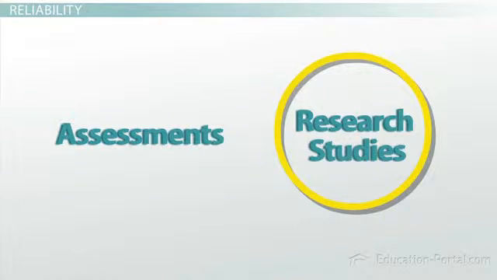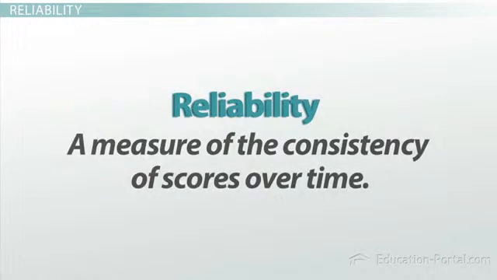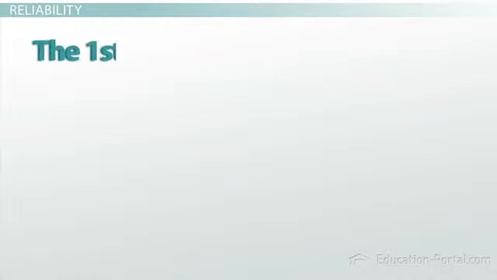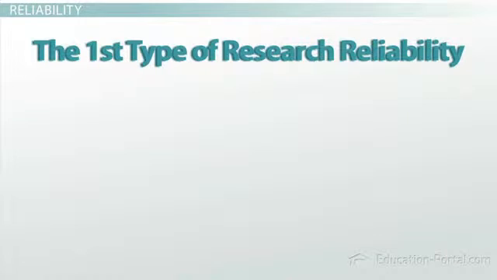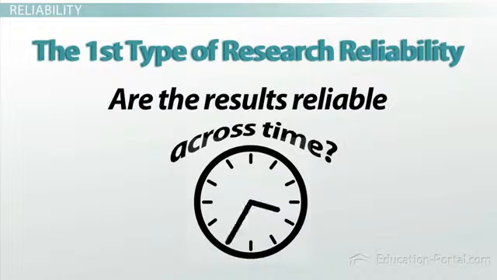The first criterion for whether a study is done well is called reliability. Reliability is a measure of the consistency of scores over time. There are different types of reliability in terms of research studies. The first type of research reliability is whether the results are reliable across time. That is, if the same researcher would get the same results if he or she did the same study at